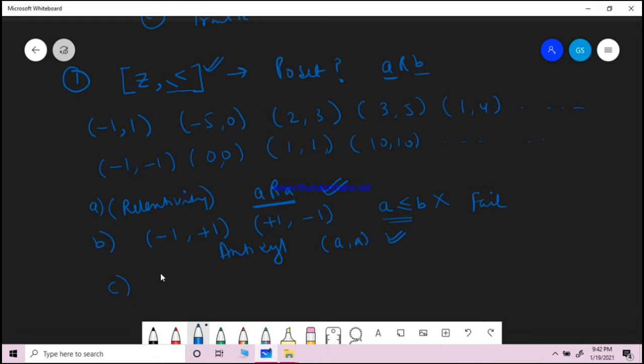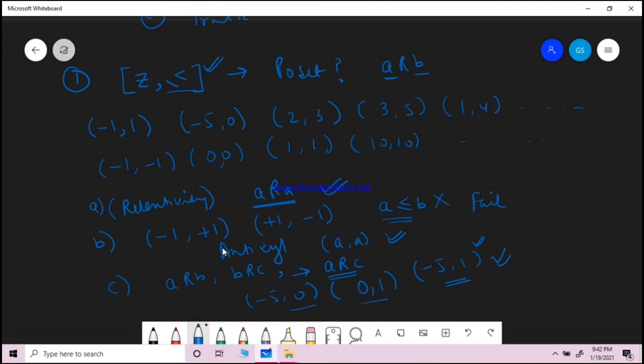A transitive relation means if A is related to B and B is related to C, then A is related to C. This is called transitivity. Let's see if -5 and 0 is true for this, and if 0 and 1 is also true for this relation, then -5 and 1 is also true. Yes, it is, as -5 is less than 1, so this could be a part of this